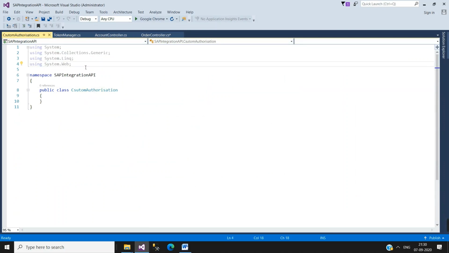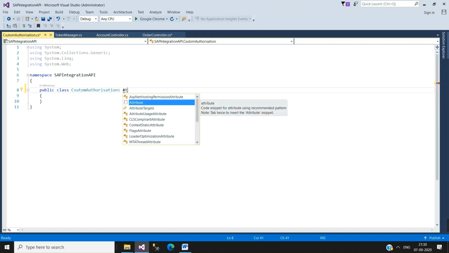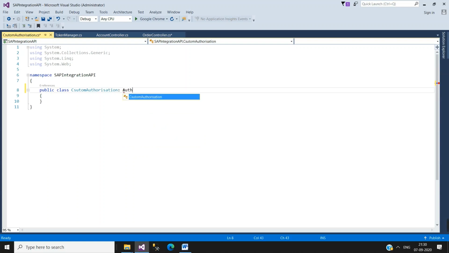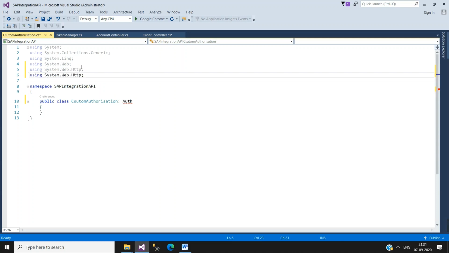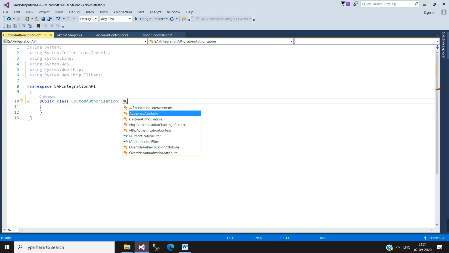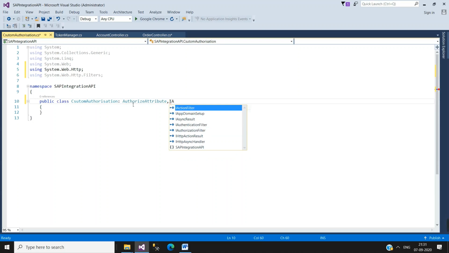Okay, I'm going to use authorization attribute, inherit from authorization attribute. Okay, let me add some namespace, using system. I authorization filter.